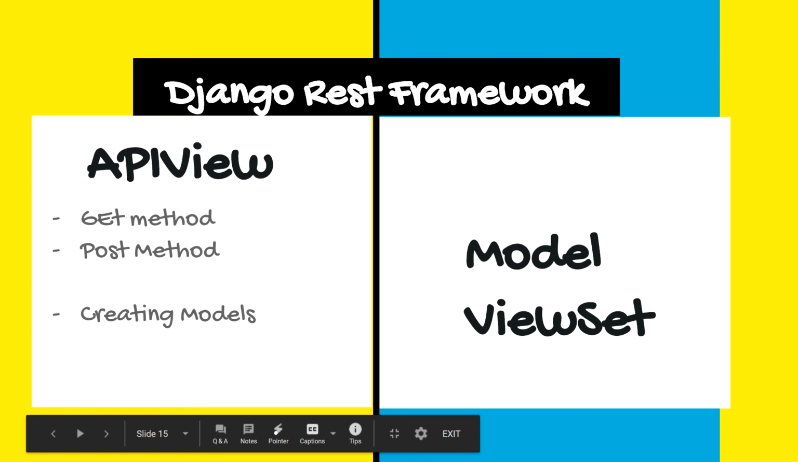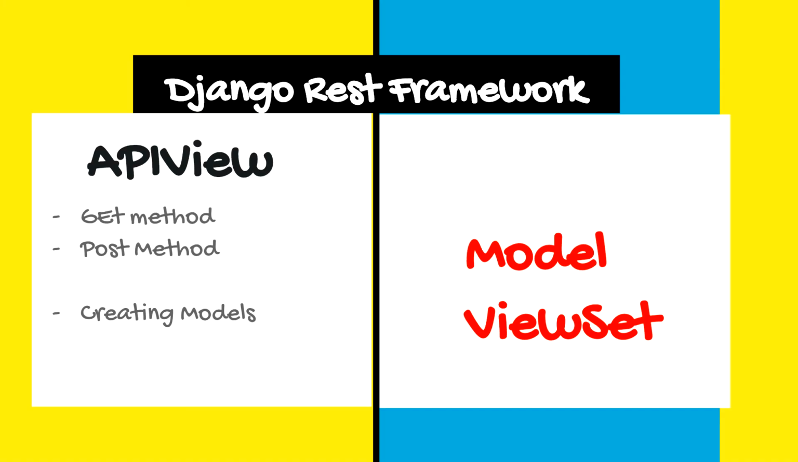But we do have another way to automate all this coding stuff. Yes, ModelViewSet. ModelViewSet writes get, post, patch, delete methods for us. We just have to provide the model there. It helps us to cut down our 20-line code into just 2 or 3 lines. So in the next video, I'll be showing how to implement API in ModelViewSet. We'll compare both API View and ModelViewSet since both have their own advantages. So for that,